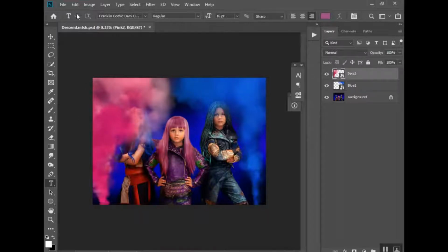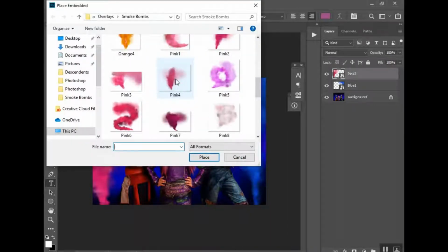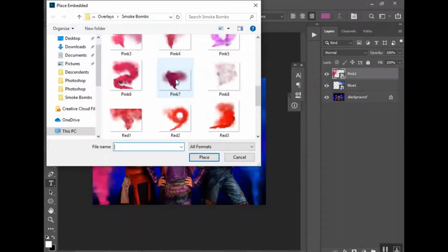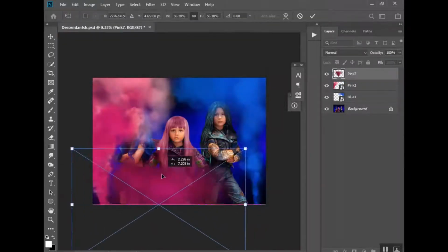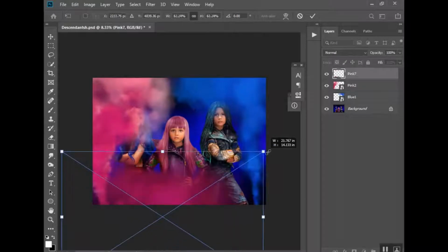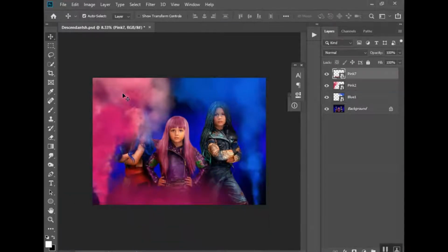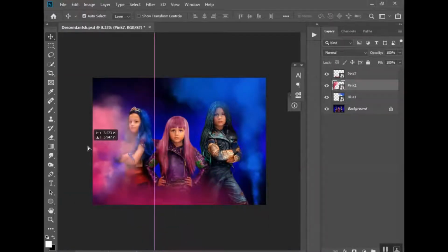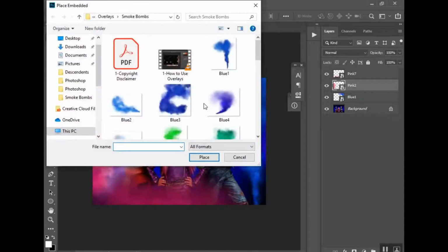So again, I have them positioned there. Obviously it's completely blocking her, so we'll fix that, and I'm just going to put maybe 2 more on here. This pink one might be dark. Oh no, that looks good. I'm going to make it a little bit bigger, kind of down here. I kind of like more of the blue in the background. Do one more blue